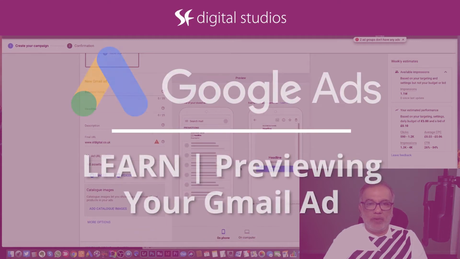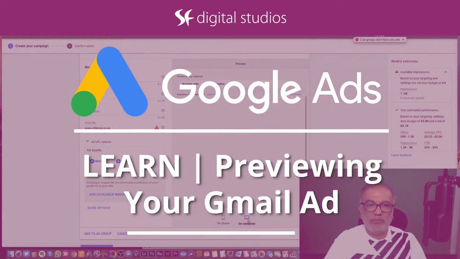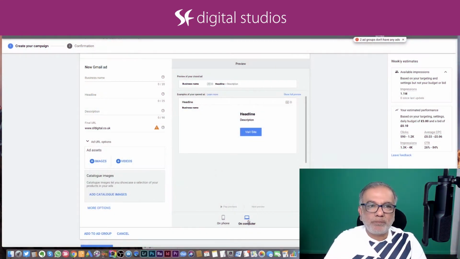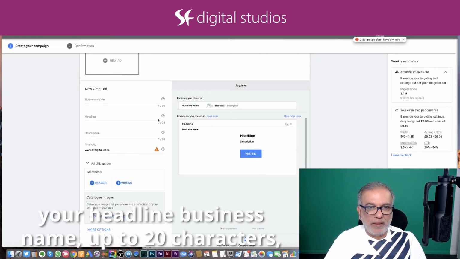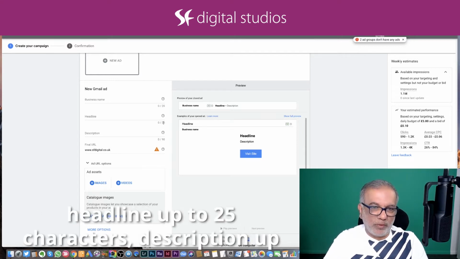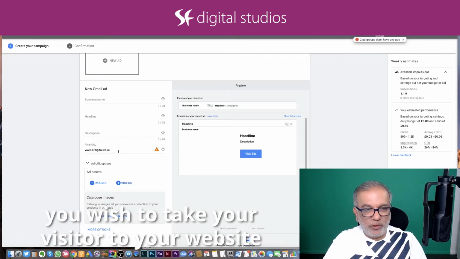You get the preview on the right hand side. You can see how your ads will look on the phone or on the computer. You fill in your business name, up to 20 characters, your headline, up to 25 characters, and description, up to 90 characters. Put in your final URL where you wish to take your visitor to, your website,